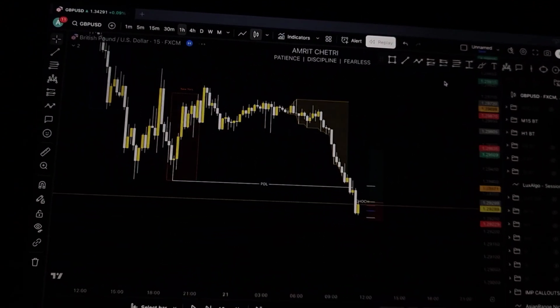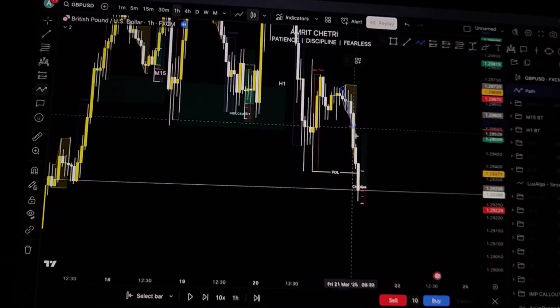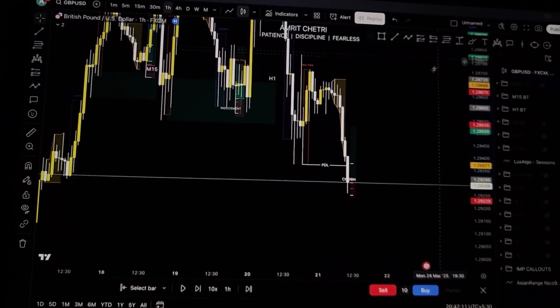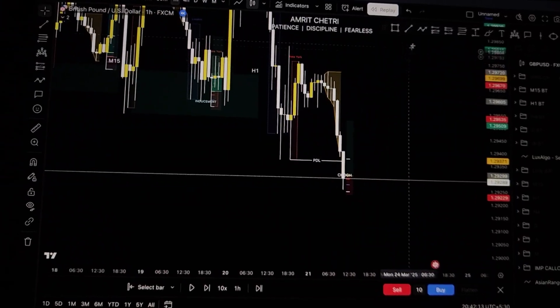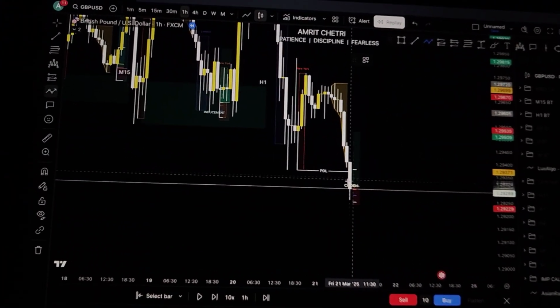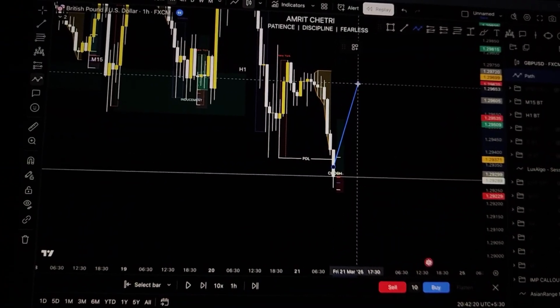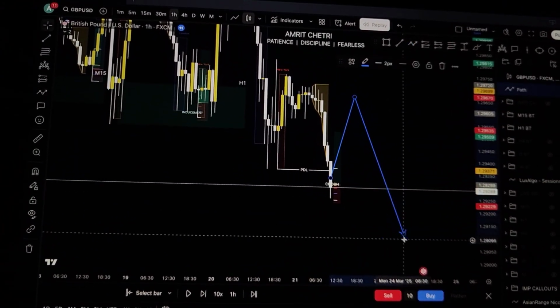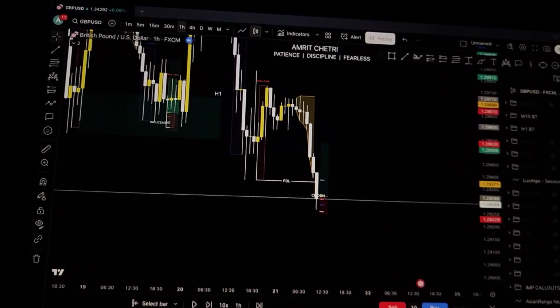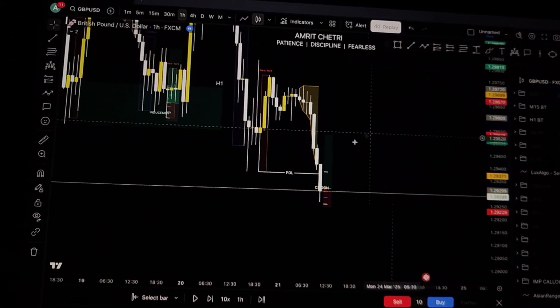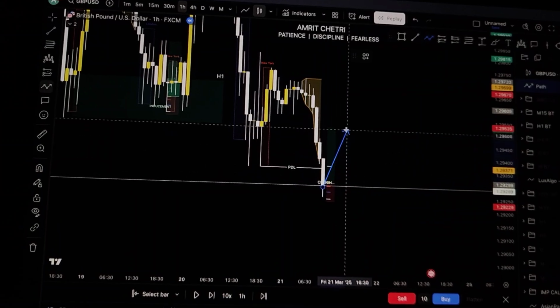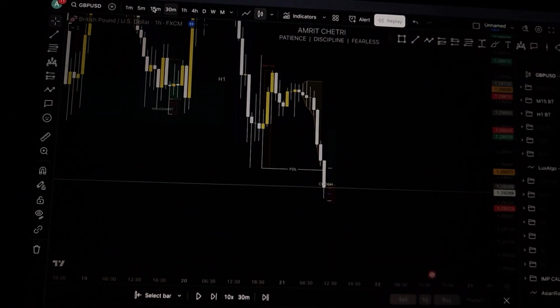So according to how this Asian range closed, after an Asian range closure like this, me personally, I don't want to look for a sell, because even if I am looking for a sell, I would wait for a lower high to some sort of demand, some sort of supply, and then sell, right? So for the price to go down, it first needs to go up. In this case, it made so much sense for the price to go up, fill up this fair value gap, and I also got a beautiful entry right here.